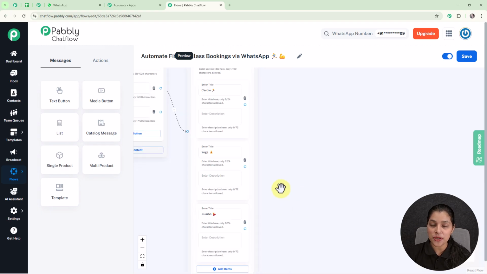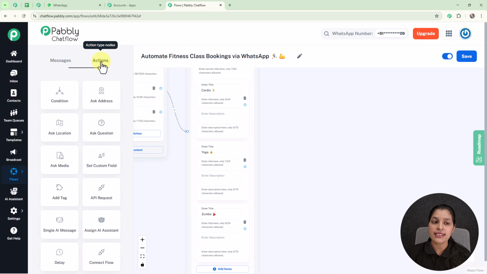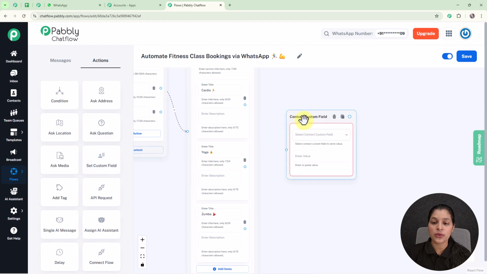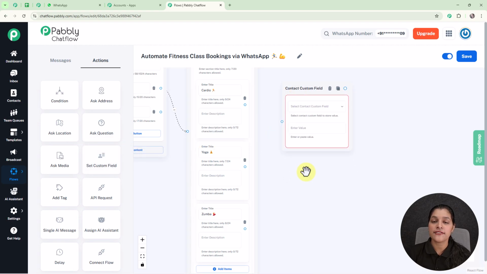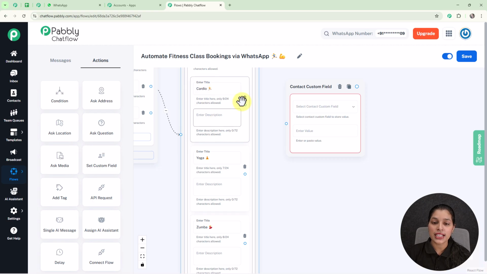Now as soon as my user selects any of these list items, I want to save that response. So for that we have to provide contact custom field to all these list items, because contact custom field helps us to store extra information about our clients or the customers. So for adding contact custom field you just have to go to actions, and here you can see we are getting the option for set custom field. So you just have to select it or drag it, and here you can see we are getting this contact custom field action node. So I am going to connect this first item with this contact custom field action,